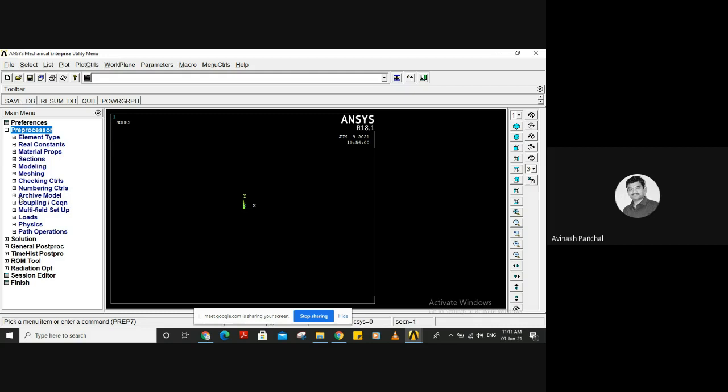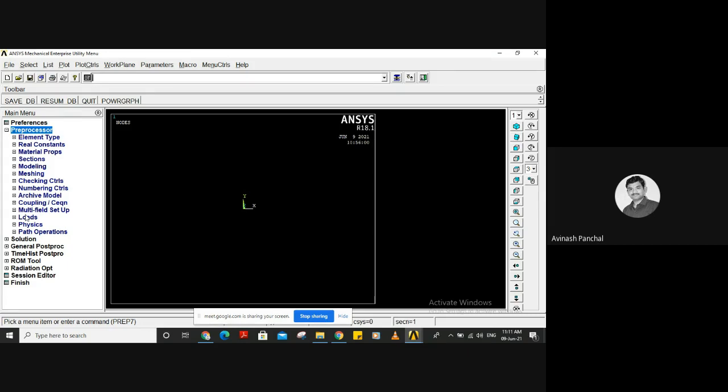The next important thing is loads. After meshing, we will go for loads or boundary conditions, what we call it in finite element analysis language. A boundary condition is whatever is attached to your model that may restrict the degrees of freedom of the model.